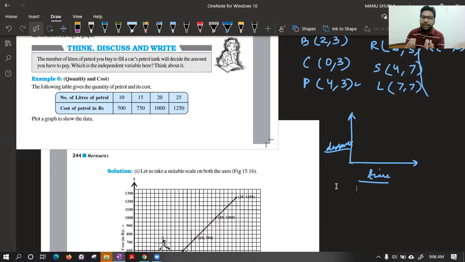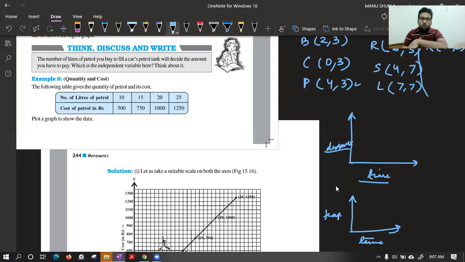That is why we try to take time normally on the x axis. Normally we take independent variables on the x axis and we take the dependent variable on the y axis. Okay, good. Similarly, suppose you have a graph of temperature and time, you can make a graph of temperature and time. This is also like this. Suppose in the morning at 8 o'clock you have seen the temperature is this much, you have made a point.